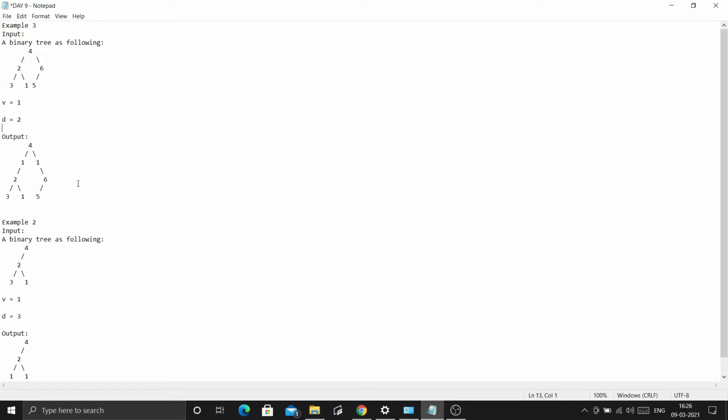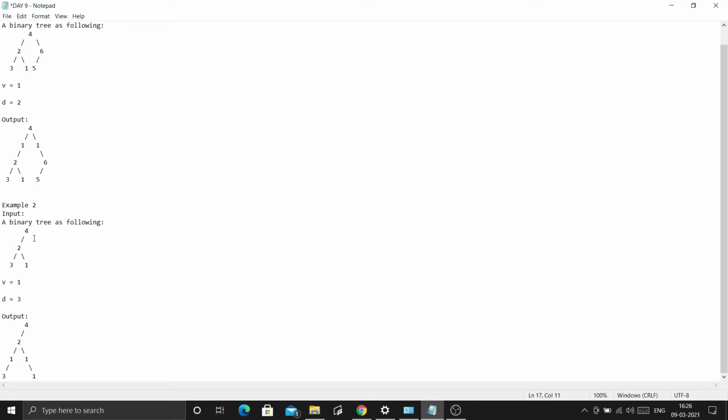We can see in the output that at level 2 I have inserted the values, left and right, 1 and 1. Then we insert the subtree which was previously the left subtree of depth 1's node into the new left node, and again for the right, we add the subtree to the right of the new node.